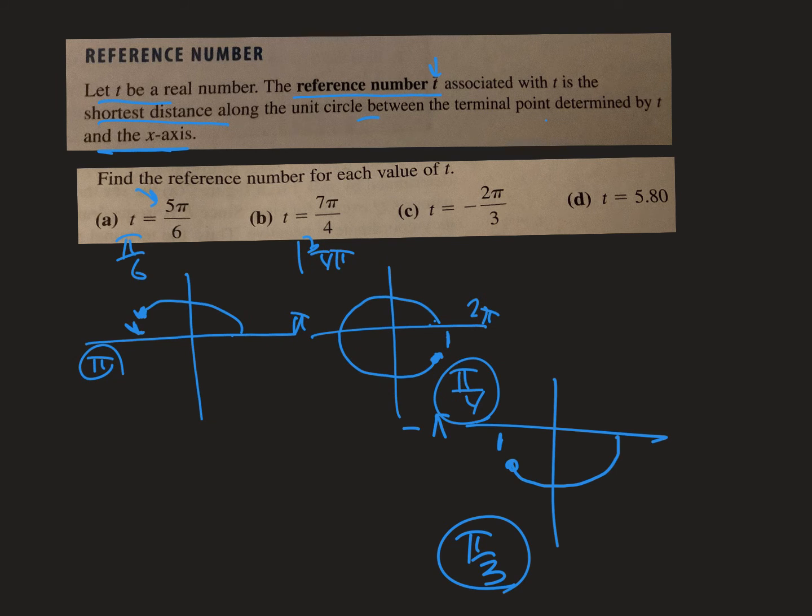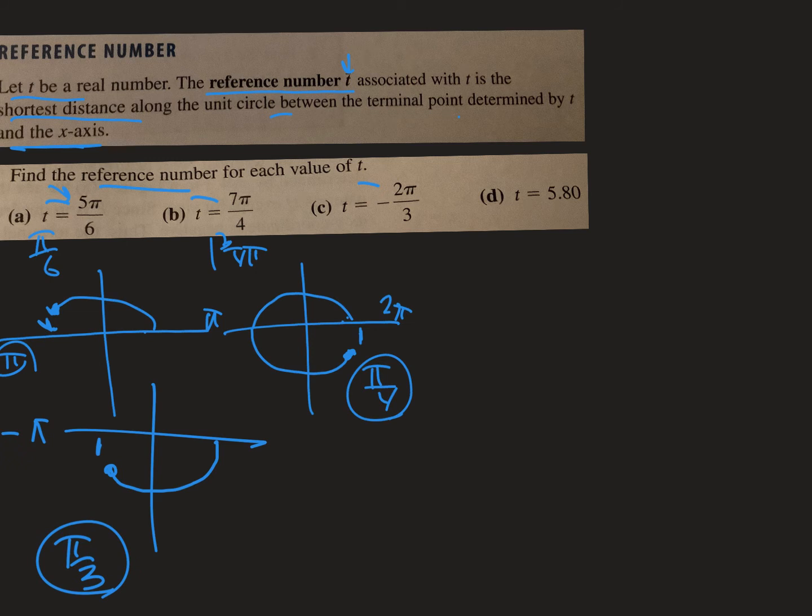If it's a pi over 6 or pi over 4 or pi over 3, and they ask you for the reference number, all you do is drop the number on the top. That works for the pi over 3s, the pi over 4s, and the pi over 6s only. Okay, the last one here says